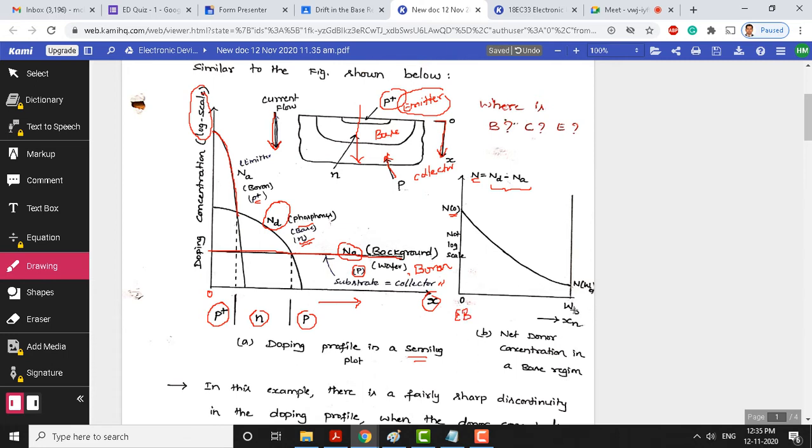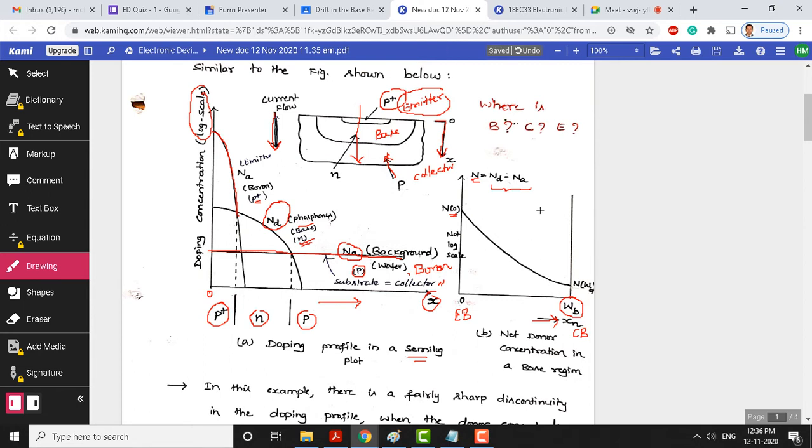As you move from the emitter base junction to the collector base junction, we already discussed this Wb, as a function of distance. So xn is 0 when you are at the emitter base junction, and likewise we have N of 0 here. N is nothing but the difference Nd minus Na, the net donor concentration, plotted as a function of distance. N keeps decreasing as you move from the emitter base junction to the collector base junction. This is what the graph shows.